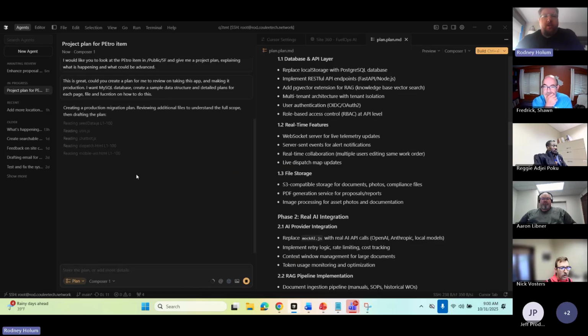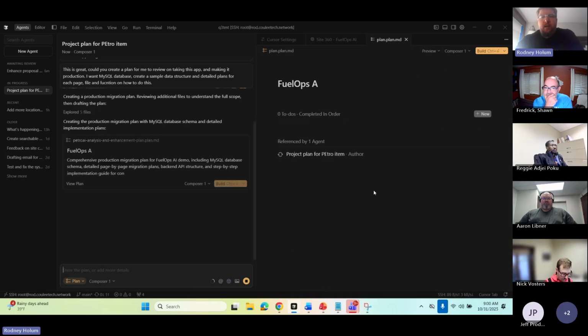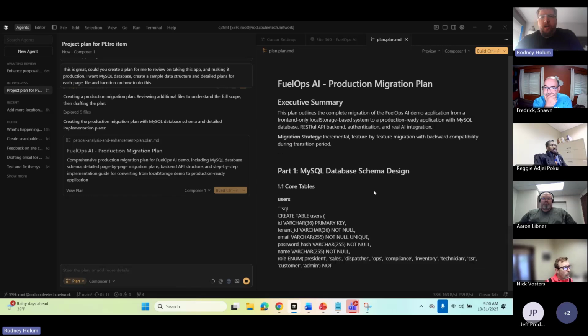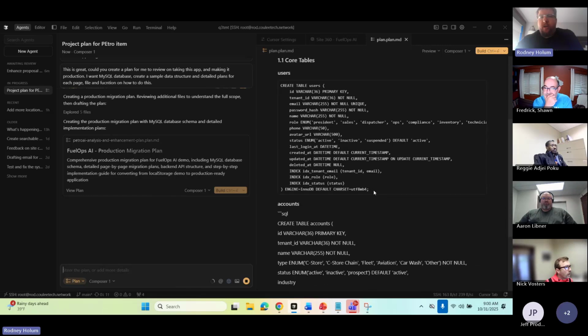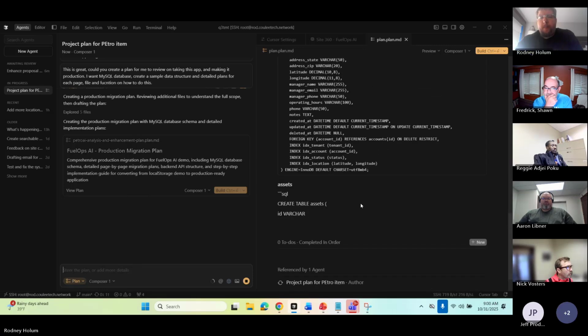So now what it's doing is taking this demo one and creating a plan that will actually move us forward. So here it's creating its table structure: accounts, sites.